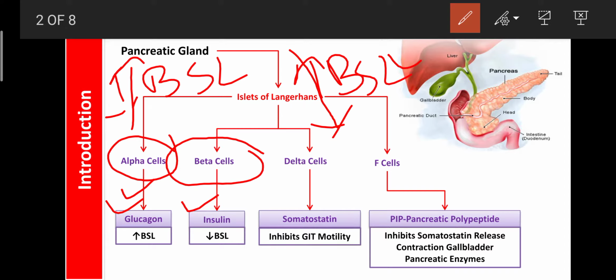So these are the two hormones in our body involved in the regulation of the blood sugar level continuously. When sugar level is more than normal, insulin is released. When sugar level is less than normal, then glucagon is released. So the endocrine part of the pancreatic gland is involved in the regulation of the blood sugar level. If there is any problem in the pancreatic glands or endocrine part, then we suffer from hypoglycemia or hyperglycemia.